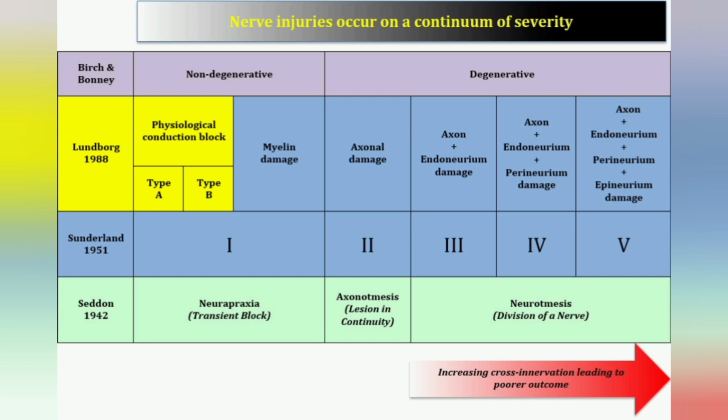Neurapraxia: the nerve and axon are in continuity. There is no damage to the axons, and segmental demyelination is possible. This is non-degenerative, a physiological block, with no Wallerian degeneration, and full recovery in 3 to 6 months. Axonotmesis: axon damage, focal demyelination, and there is Wallerian degeneration. Neurotmesis: the connective tissue and axons are fully transected, with disruption of the epineurium, and it is the degenerative type, with no recovery unless